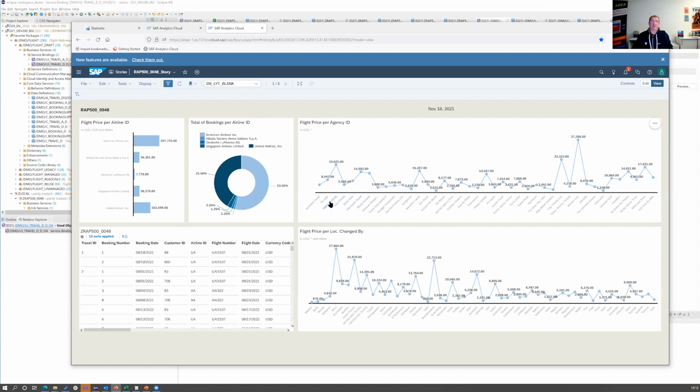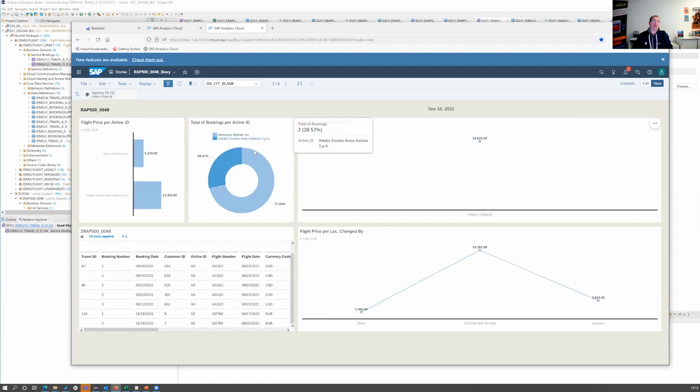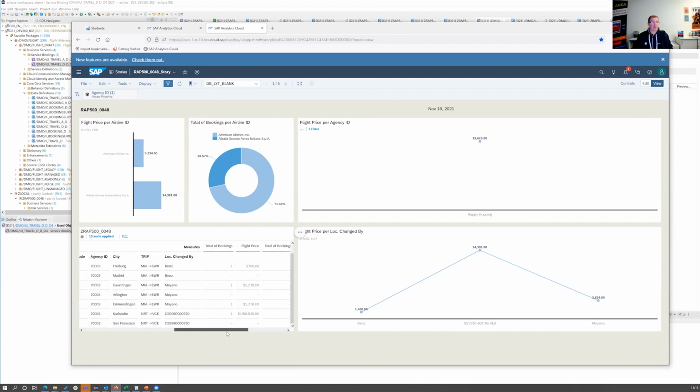Now, Happy Hopping. First of all, we see a spike here in our data, right? So before it was somewhere here, and now it is here. So if I'm now filtering the data, we see that American Airlines still has the majority of bookings, but now Alitalia has 28% of the bookings, and in the data we also see that